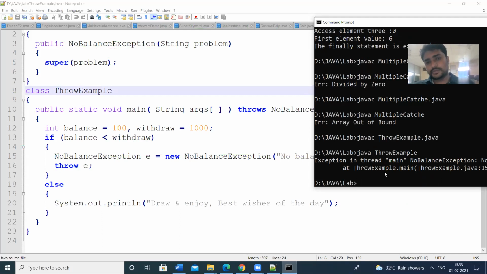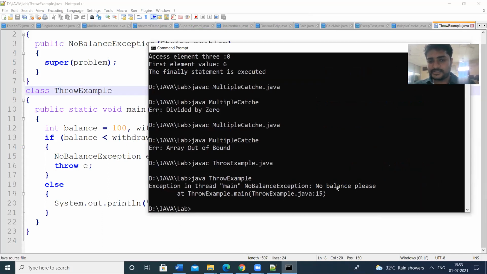So the exception is thrown. I have given the balance as 100, withdraw is 1000, so the exception is raised. The exception is no balance please. This is the string I have returned as an exception.